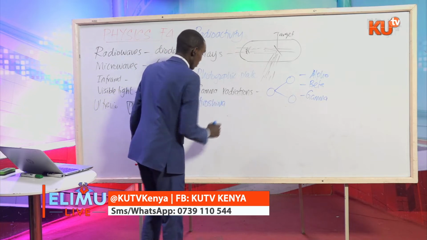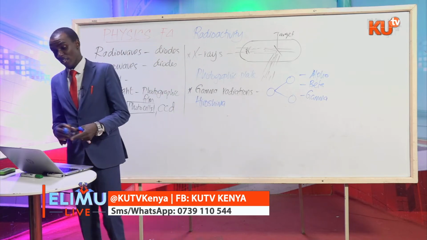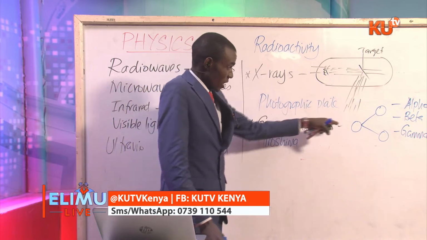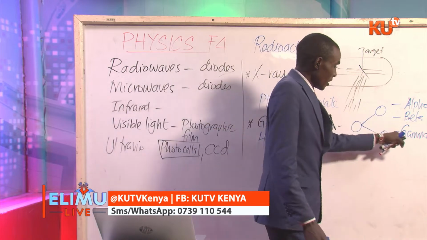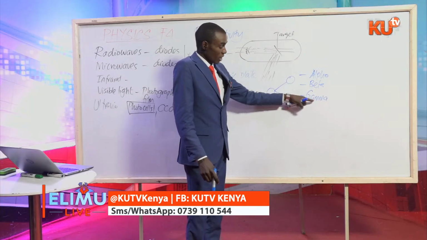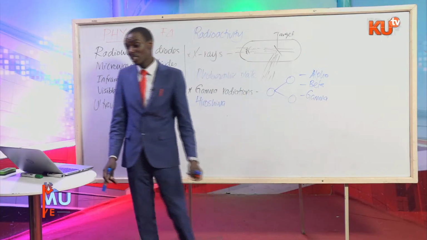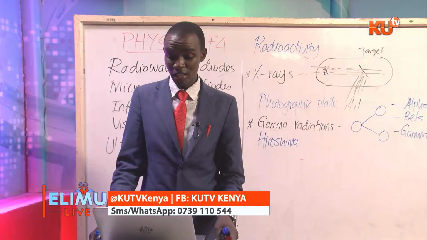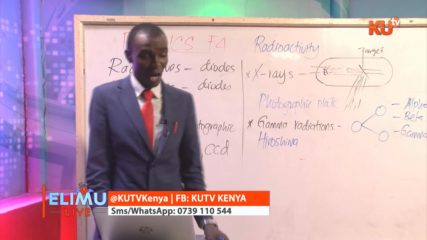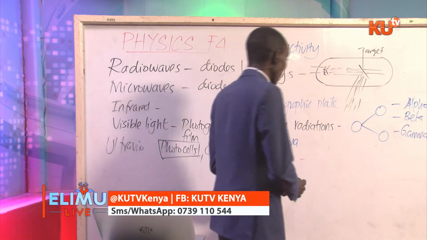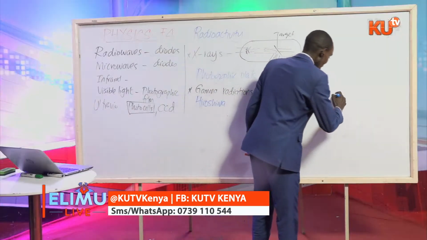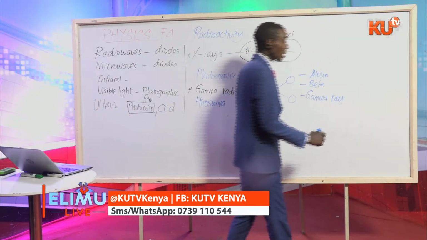So what happened, the US military deployed an atomic bomb that ended up releasing tremendous amounts of energy in form of gamma radiations, and that's what killed so many people in the two cities in the Japanese peninsula, and that's how World War II came to an end, because these gamma rays possess colossal amounts